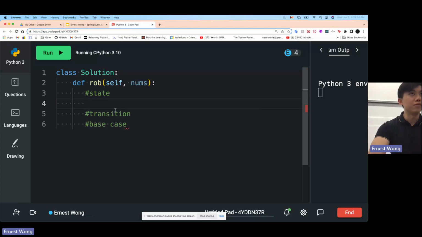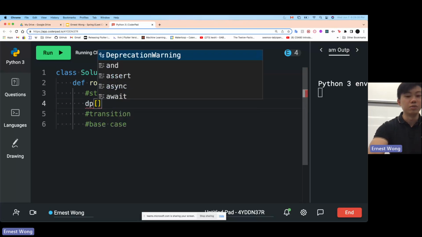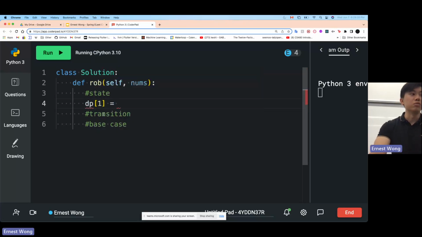So for example, dp of 1 is the maximum we can steal if there's only one house, and the obvious choice there is that we just steal from the first house. dp of 2 would be the maximum we can steal if there are 2 houses, dp of 3 would be 3 houses, and so on. So the whole premise here is we want to find an array or a 2D array or any multi-dimensional array that can represent the state of the problem, and one of these states should be our final answer.